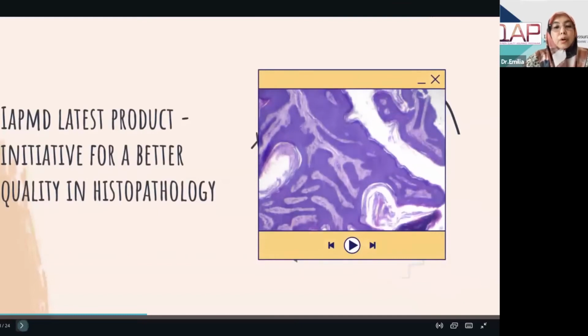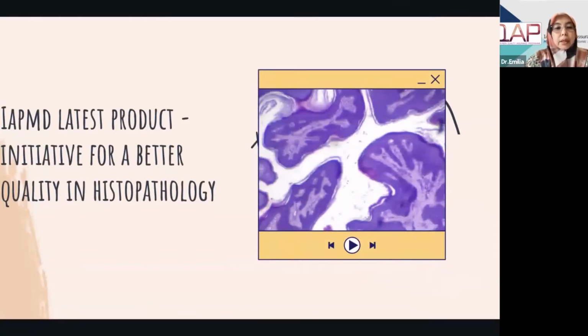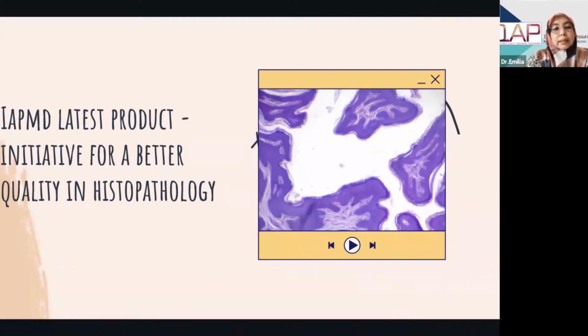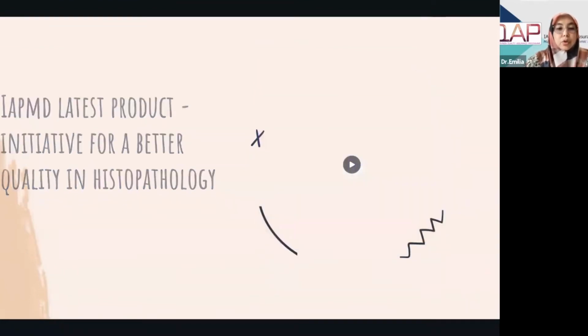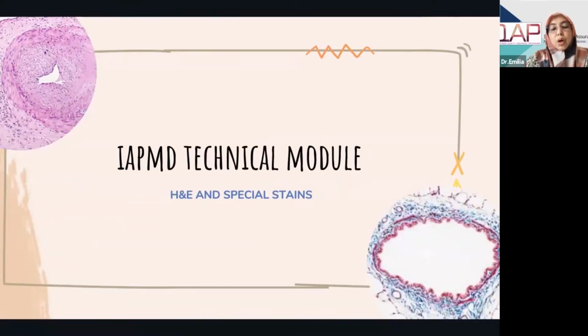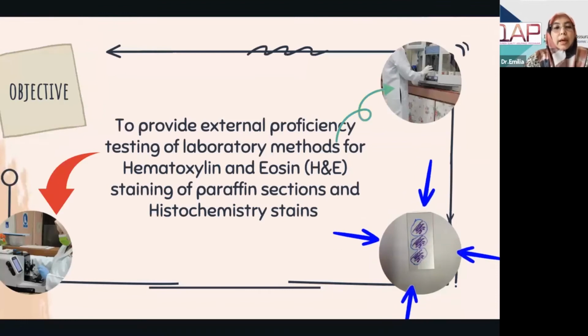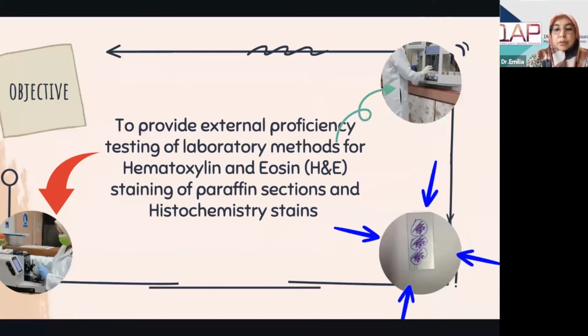So this is the new product that IAP will introduce, inshallah, by next year for better quality. This is the Q initiative that I've mentioned, the initiative for a better quality in histopathology, which is the IAP MD technical module, which will consist of H&E and special stain. We have two in one. And our objective is to provide external proficiency testing of laboratory methods for H&E and also the special stains